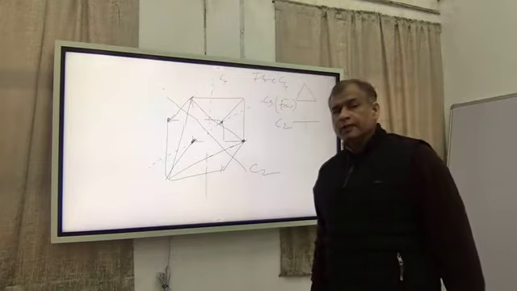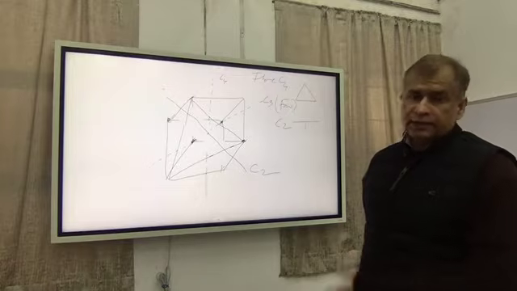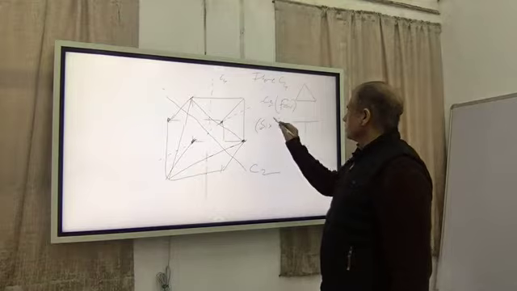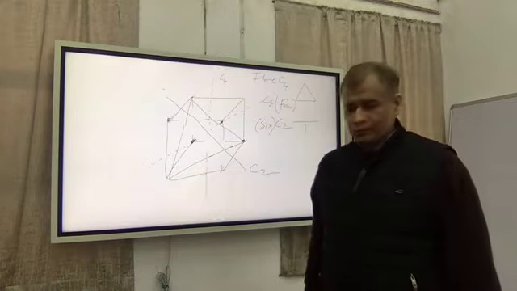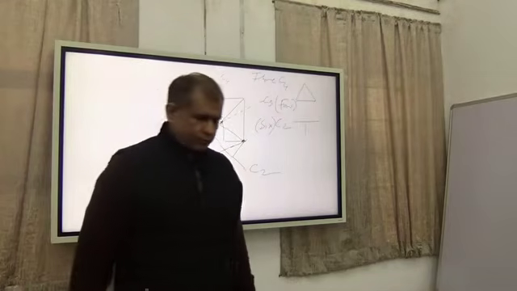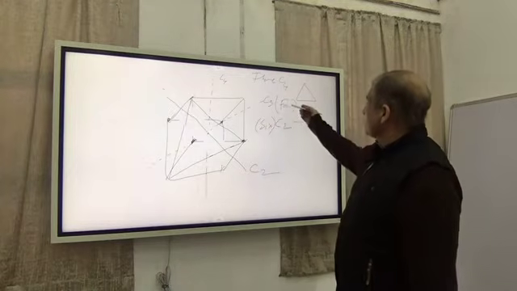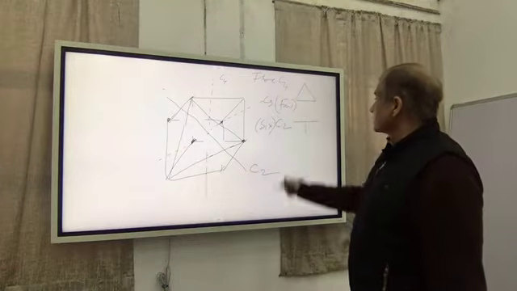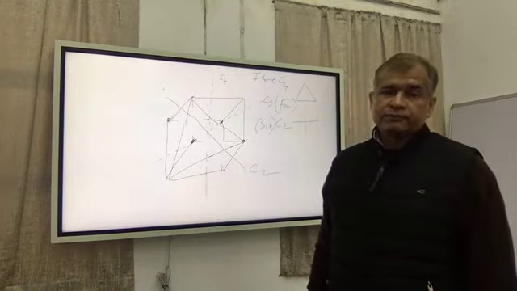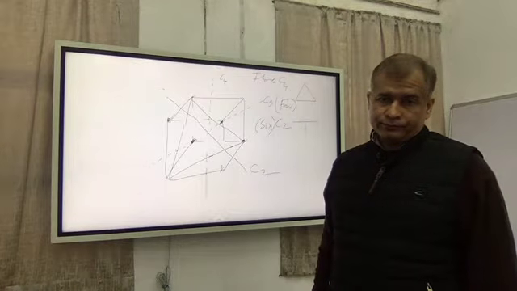How many C2 will be there? Since there are 12 edges, 12 lines, 6 pairs of opposite edges, hence there will be 6 C2 axes inside the cube. So you should note down separately that in total there are 4 and 3, 7, and 6, 13 C type axes of symmetry in a cube. Okay.